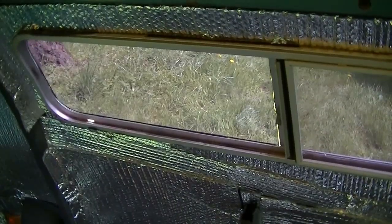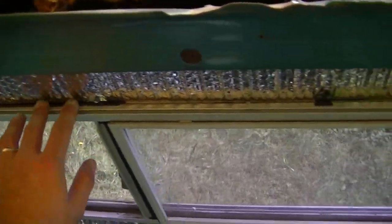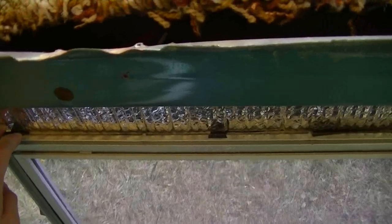With the window, this was like an afterthought because I obviously did it the wrong way, but it's all a learning experience. Probably try to get it started up here with some adhesive. We had the screws, which made it helpful too, because you could just push it in and then tack it in with the screws too. Next time if I have to do this, and I probably will with these windows up here when I go back over with the Reflectix,